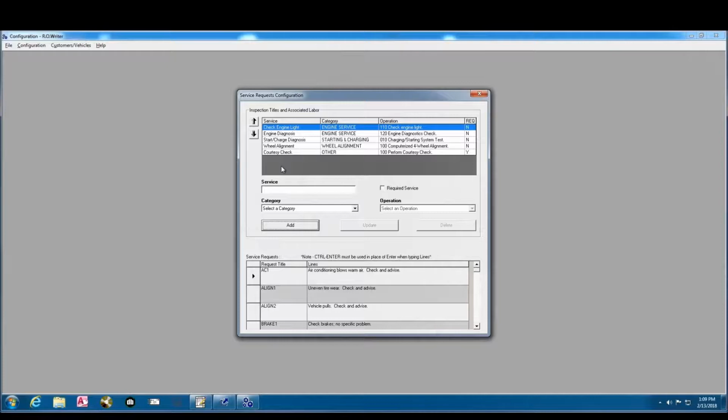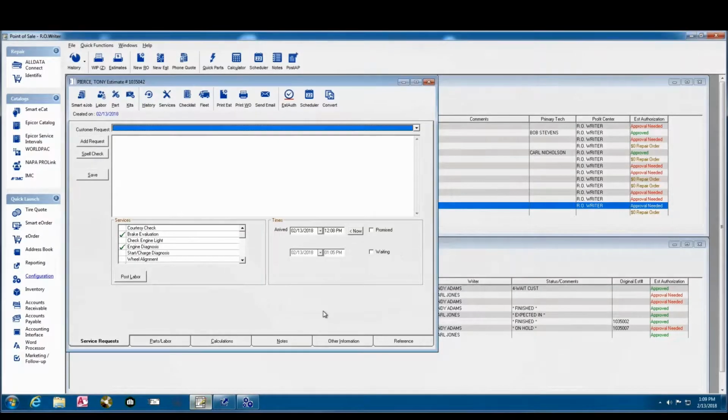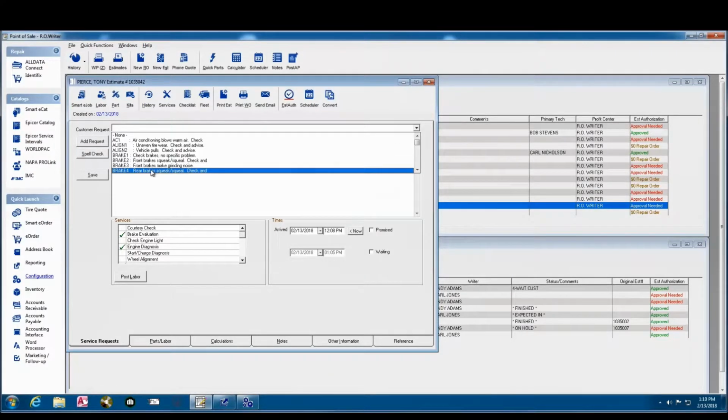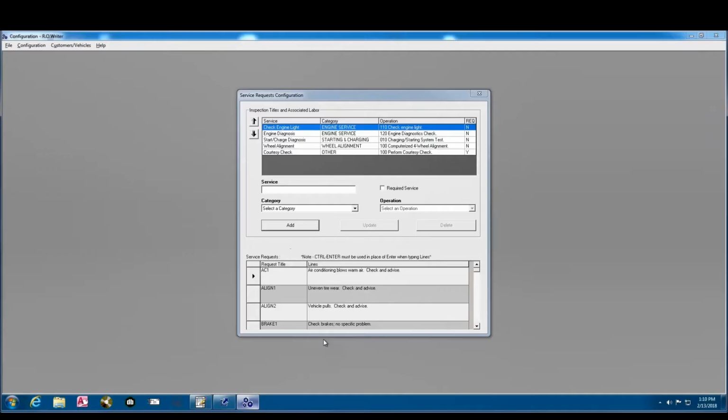But the baseline functionality from there would be the same. Towards the bottom, here are our service requests. So again, this list here, starting with air conditioning, blows warm air, check and advise, correlates to this list here, where it says air conditioning, blows warm air, check and advise. Now the title and or the number that gets associated, in this case it's called the request title, simply defines